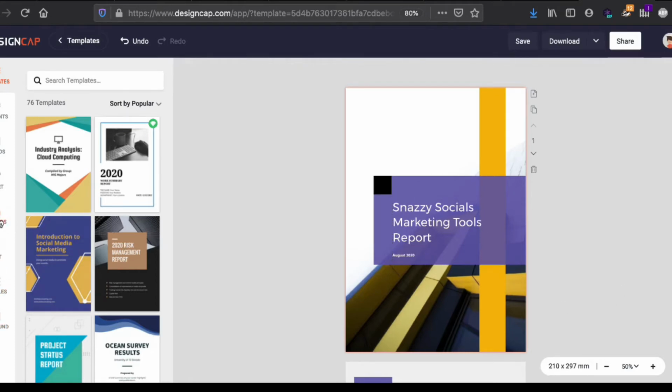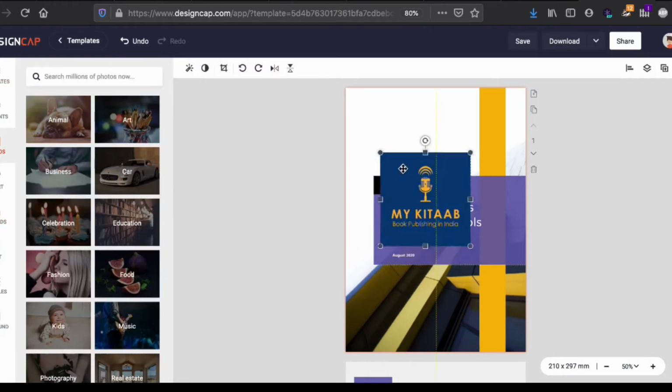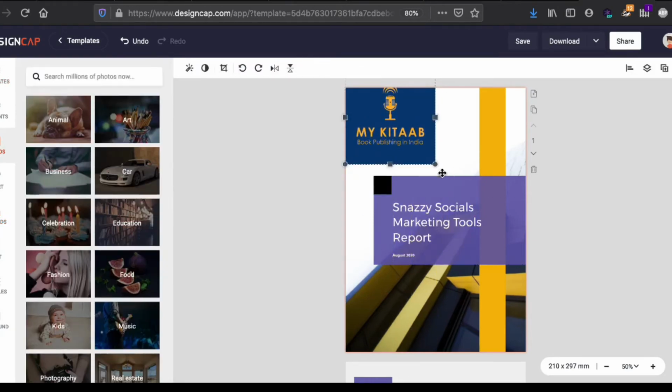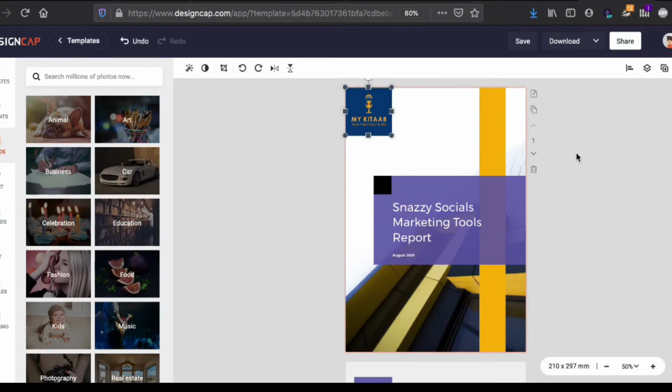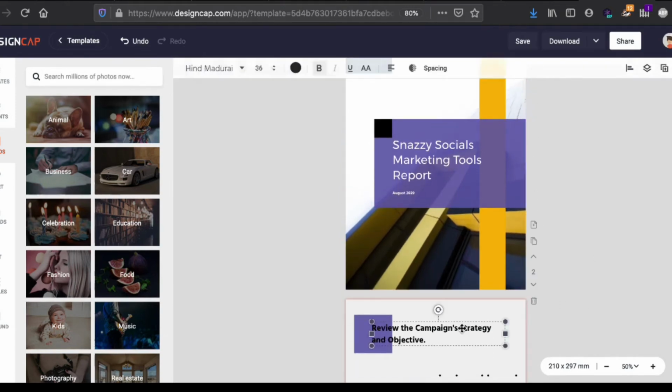Okay, and then we go ahead and add the logo. Probably change the image. All right. Next page would be